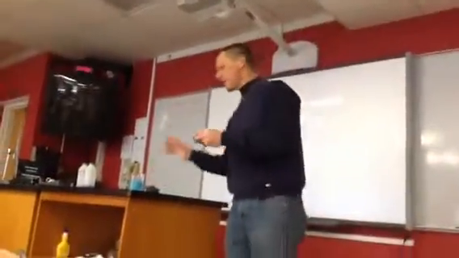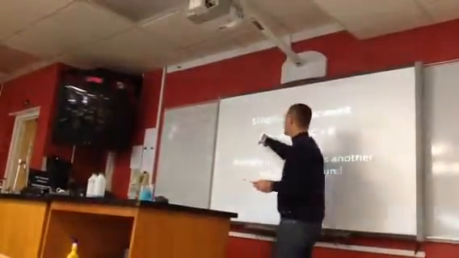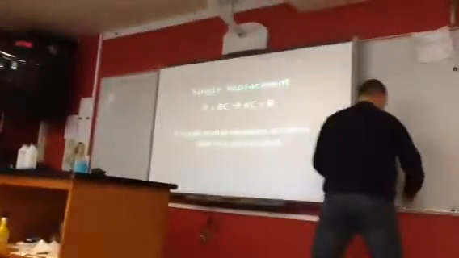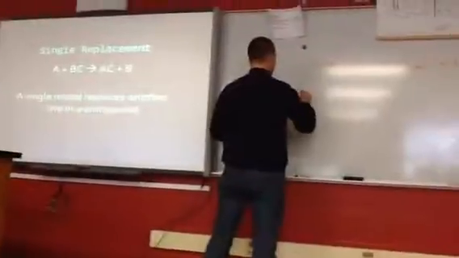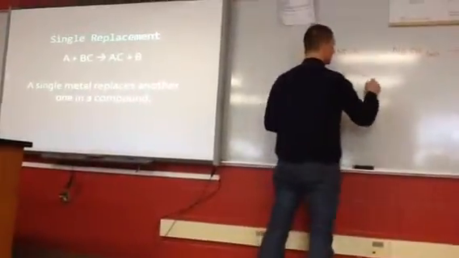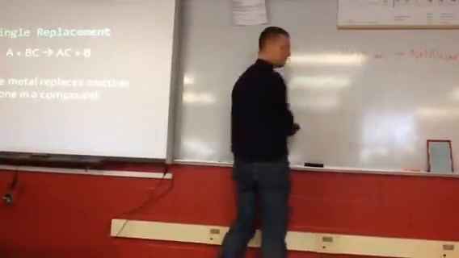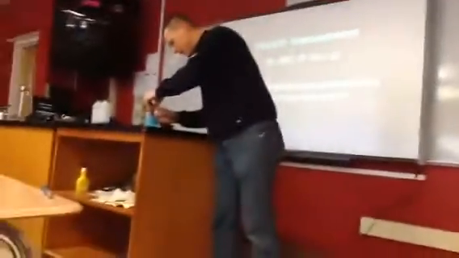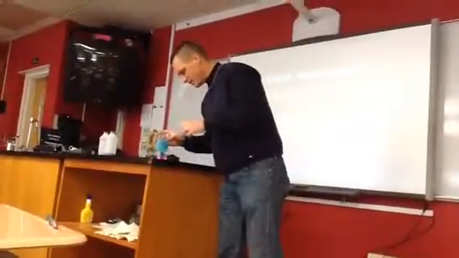And when I take iron, iron represents the element that's by itself. That's the iron. And this is the copper chloride. So here's our reactant. Fe, there's our steel wool, and then the CuCl2. Now, notice I dissolved it in water, so this physical state is aqueous. A lot of reactions will only occur in water. All right. Well, here's what happens. If I put this steel wool into the copper chloride,